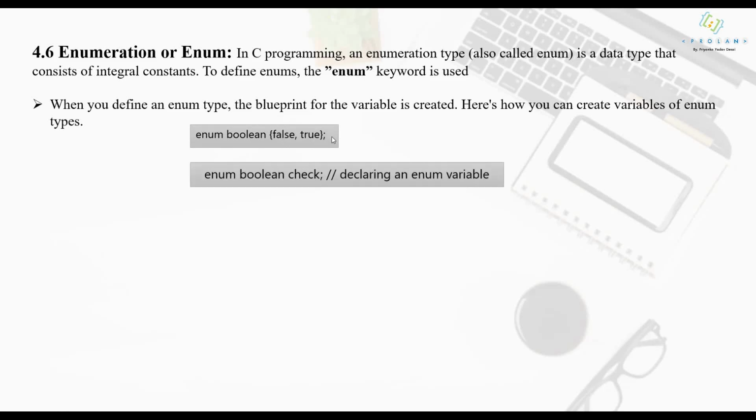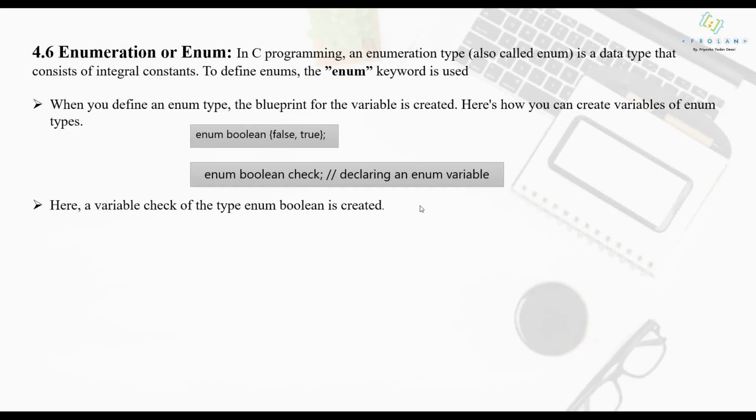Okay, now to access this enum boolean, enum data type, we have to create one variable. That is why I have created variable check, which is of type enum boolean. So try to understand, enum boolean is a data type and check is a variable. So the data type of check is what? Enum boolean.